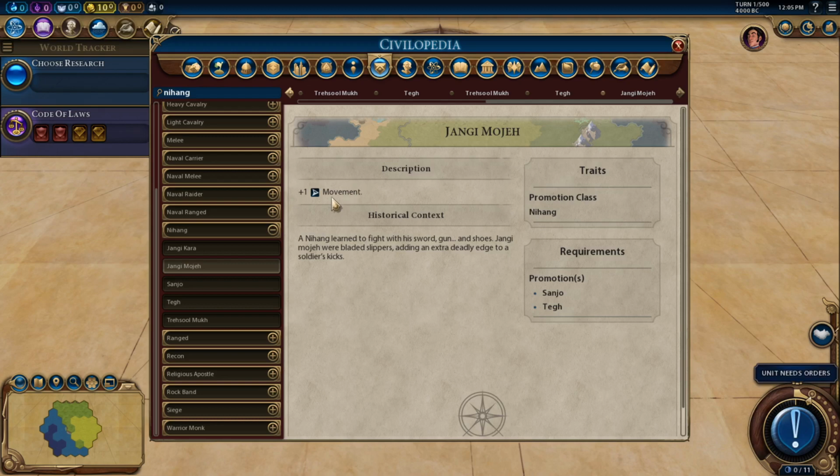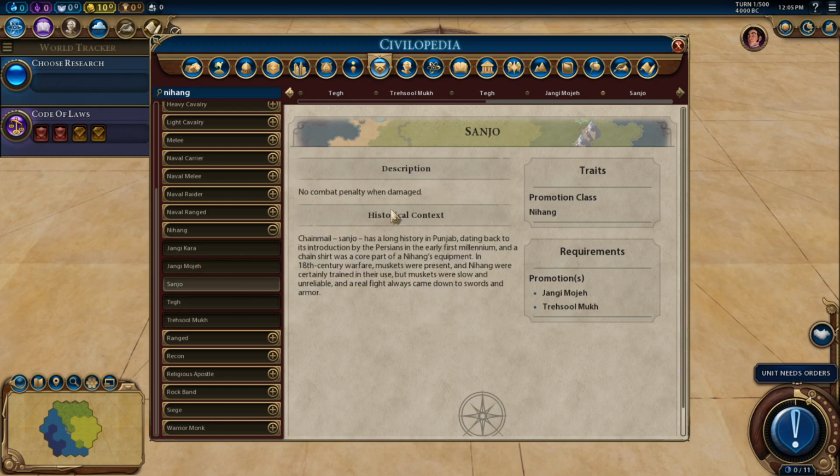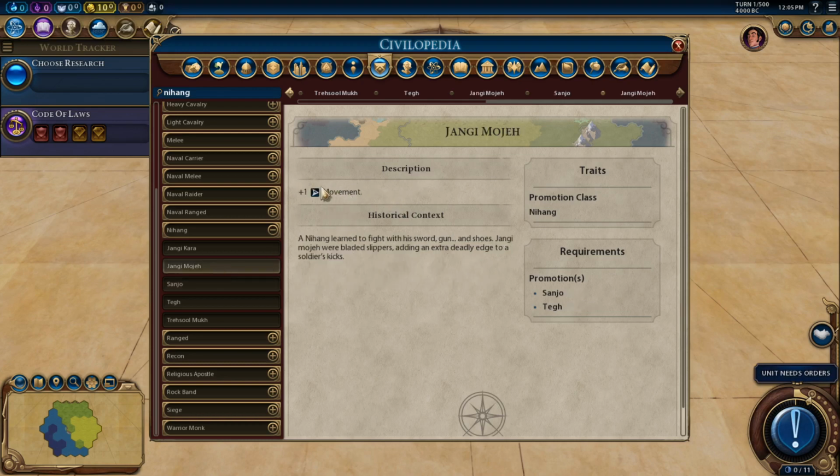So your second promotion on the same line is also going to be strong. On the right side, the second promotion is this, no combat penalty when damaged, which is not so great because you will be healing all the time, obviously, if you play well. But the second promotion on the side that you are actually going for, which is the left one, is also really good. So you end up having 2 excellent promotions, and then later on you get the final promotion,